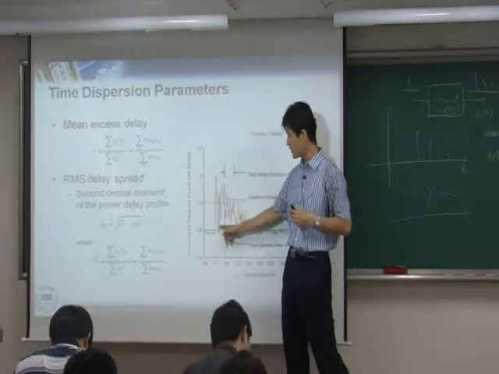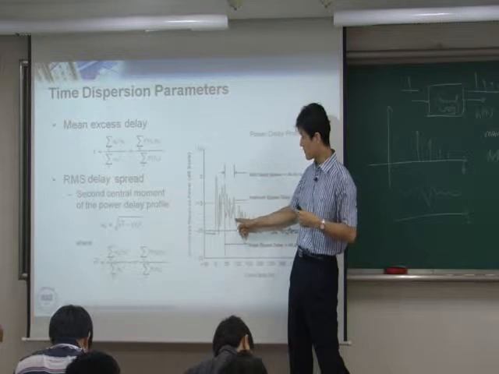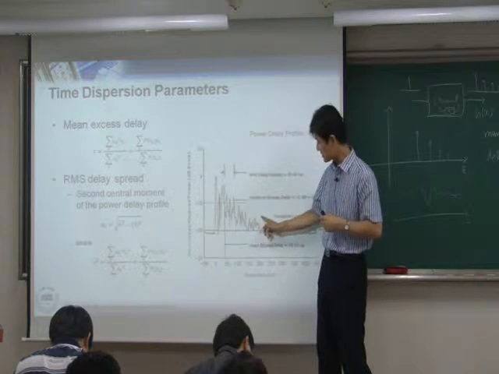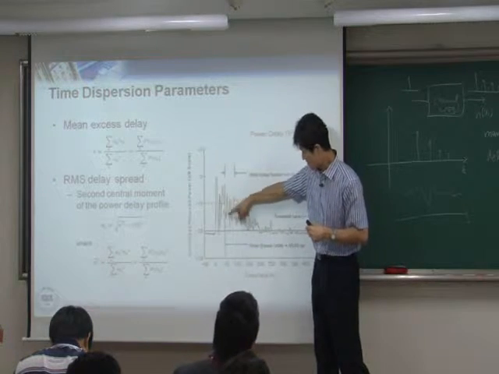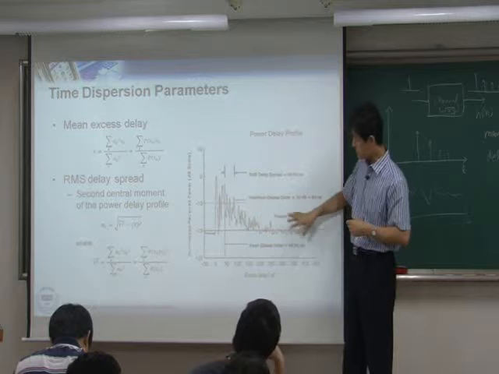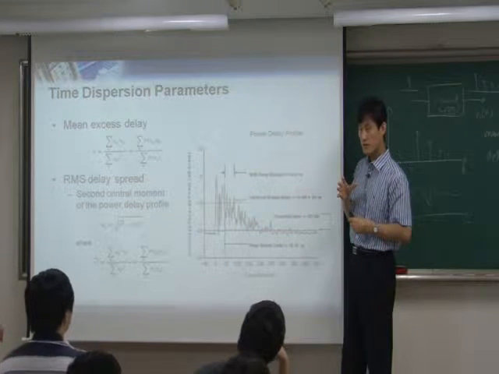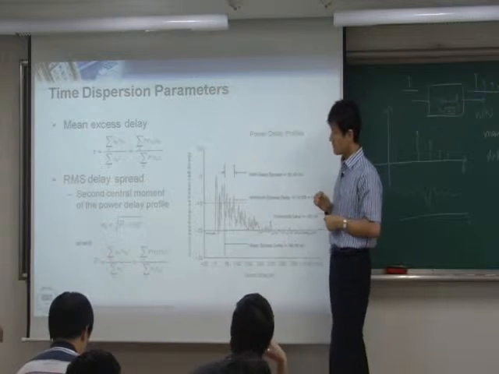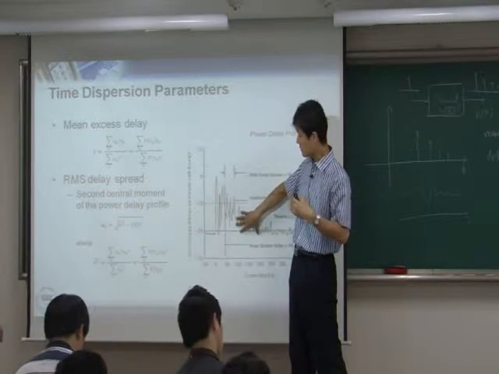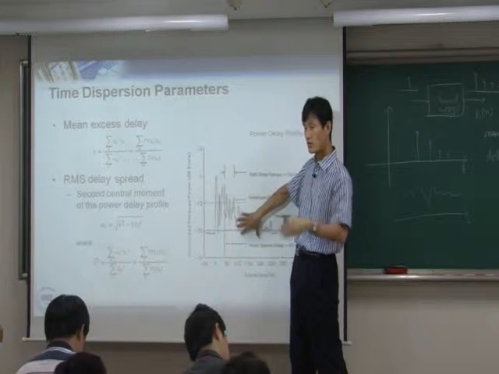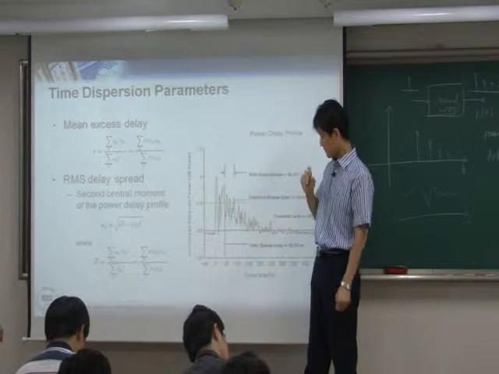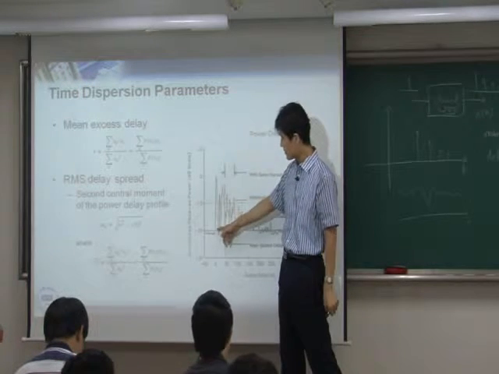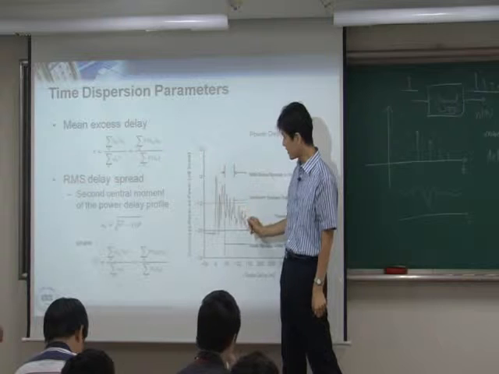Not only this one, there are many, many reflections from other multipath, but in fact it's not as clean as just a few impulses. You'll have a lot of fluctuations like this. So this is from the measurement, okay? Then how do you simplify it? This is the actual measurement, and what you need to do, depending on your system design condition,